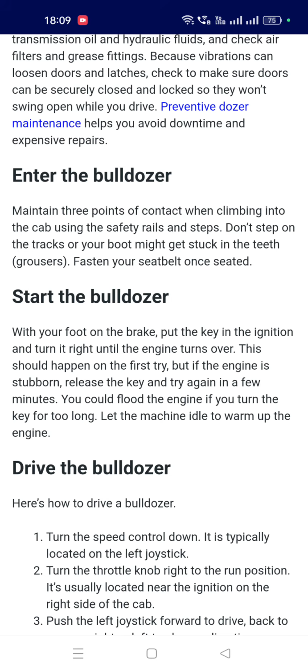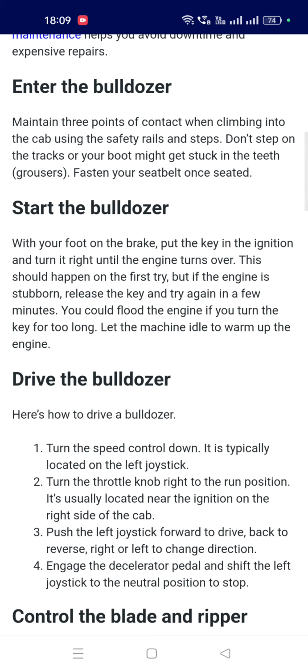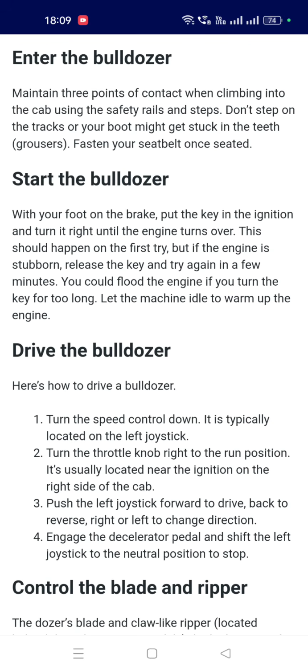Fasten your seat belt. Start the bulldozer with your foot on the brakes. Hold the key in the ignition and turn it right until the engine turns over.